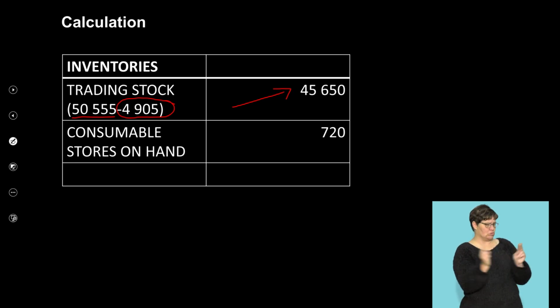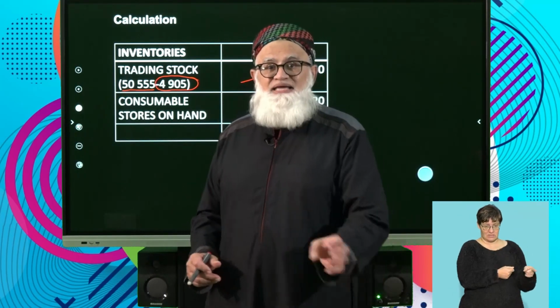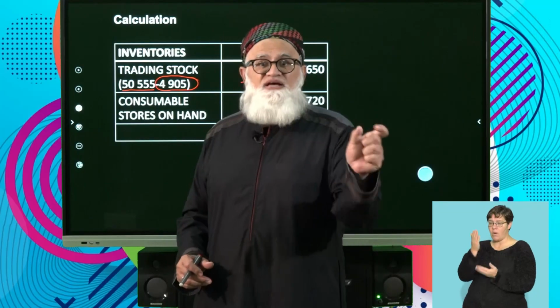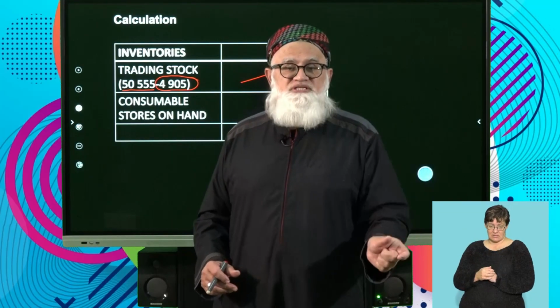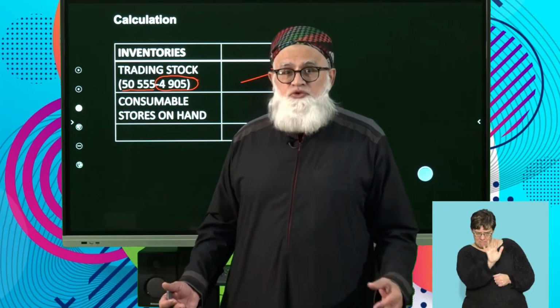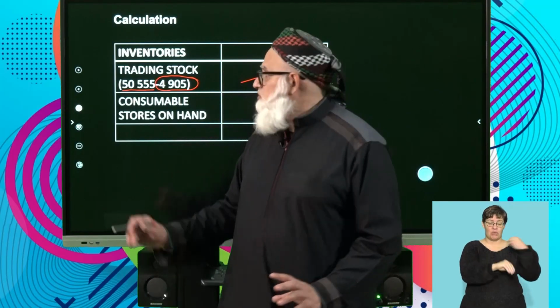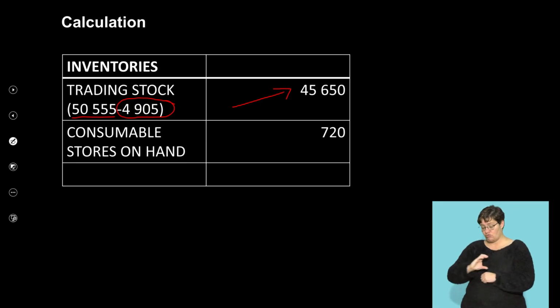In other words, your physical stock take is the correct figure, and that's the figure that needs to appear in my balance sheet. The figure that appears in my trial balance, obviously there has been some kind of deficit of stock, as a result of which we say debit trading stock deficit, credit the trading stock, and that's the entry, and as a result of which our trading stock is now